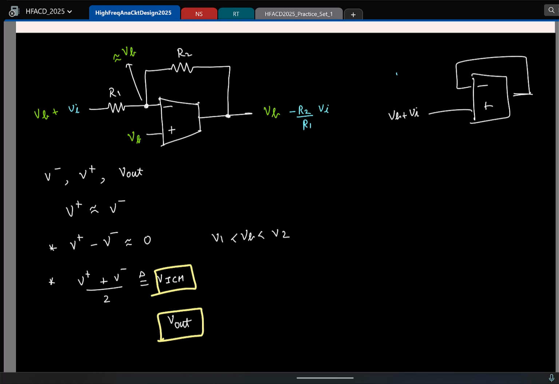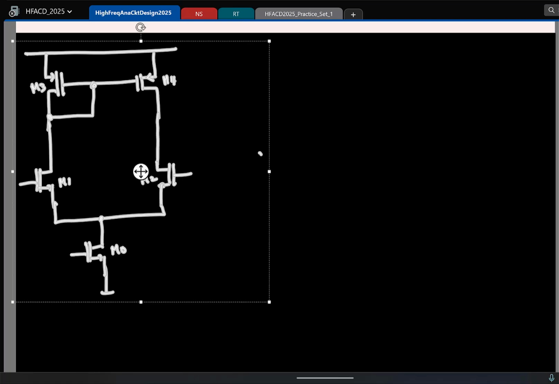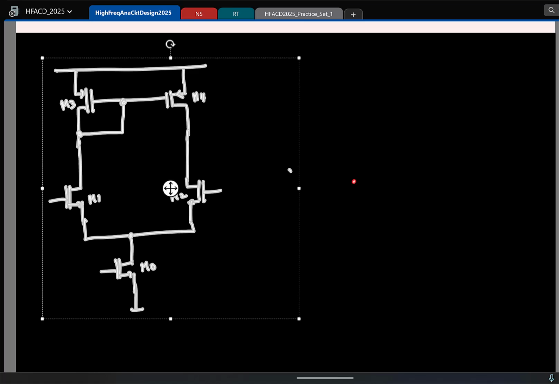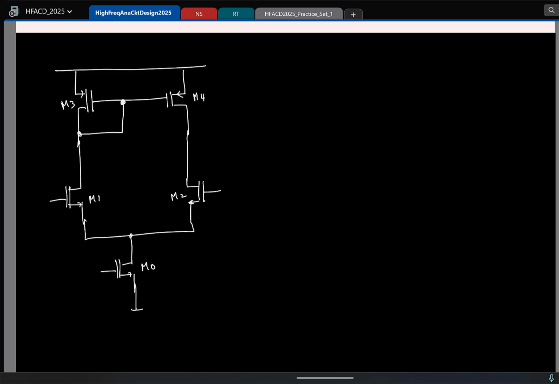So that's what we'll do today and wrap up. We'll try to find what is the input common mode range and the output range for the OTA that we have designed. Okay. So this is what we have. Let's quickly try to find the input common mode range. So this is input common mode range, ICMR,